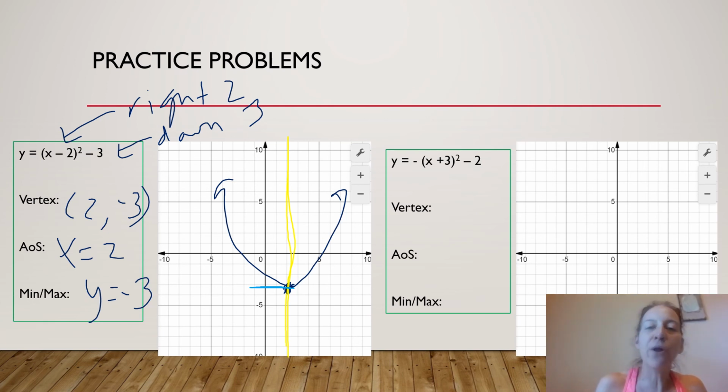Now, what you're probably noticing is that there seem to be some patterns going on here, that once you identify the vertex, those are the numbers that are turning up in your axis of symmetry and min-max. This is true, but I don't want you to just memorize copying numbers. It's important that you know what you're finding, that axis of symmetry, and that it's like a min-max, what that is and where it's located on the parabola, because I can always twist the questions a little bit,